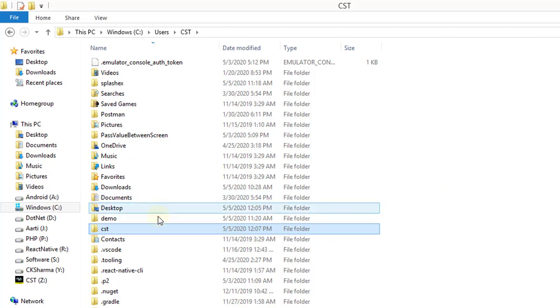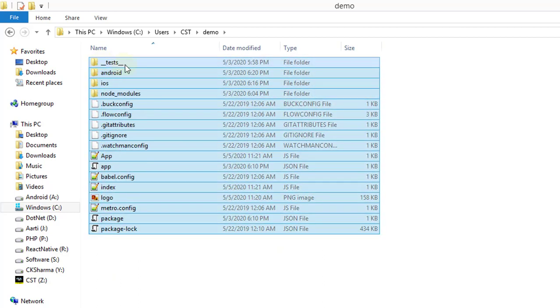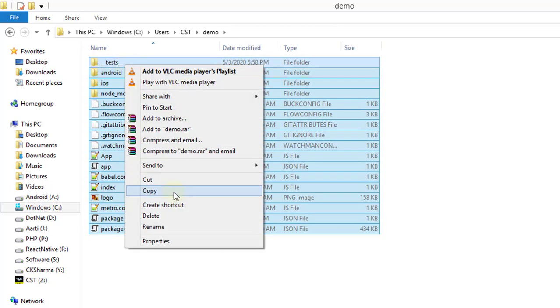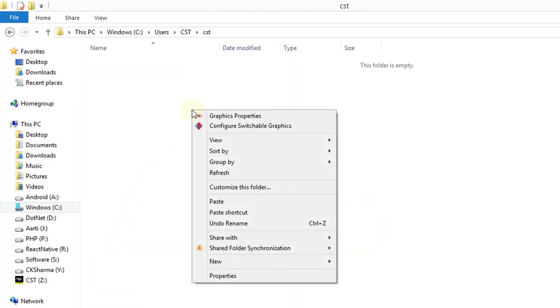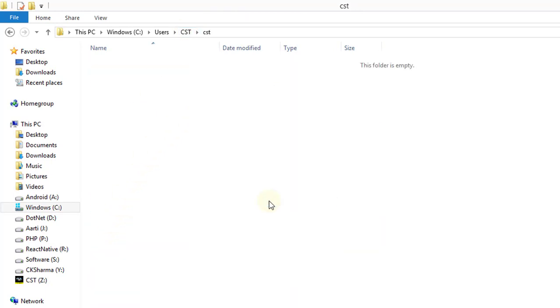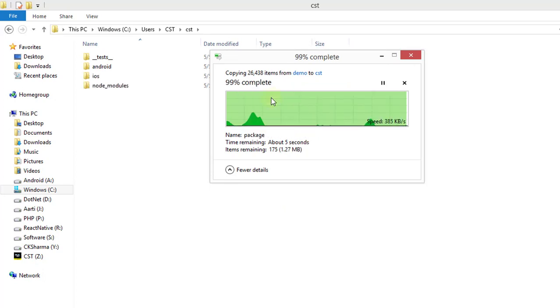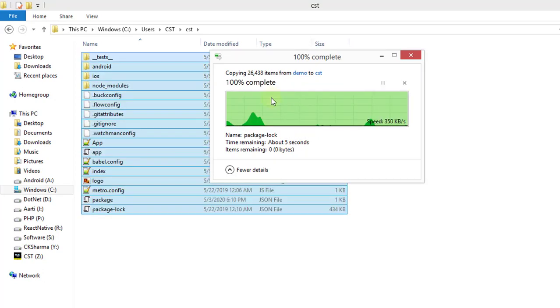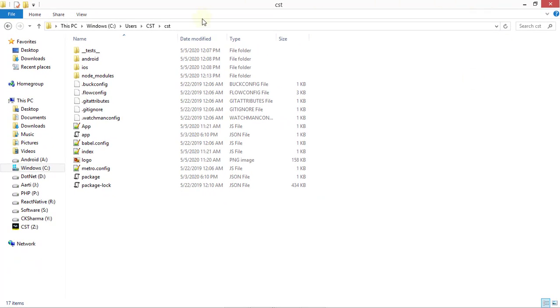Into the next step, we have to copy all the files from demo folder and paste it into the CST folder. After this, we have to close the folder.